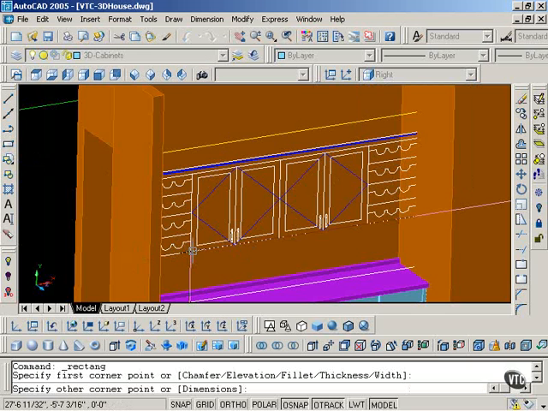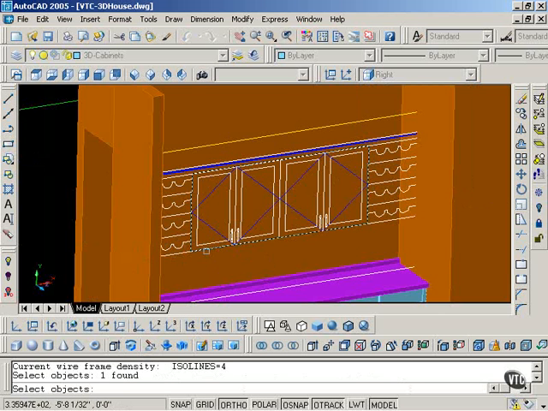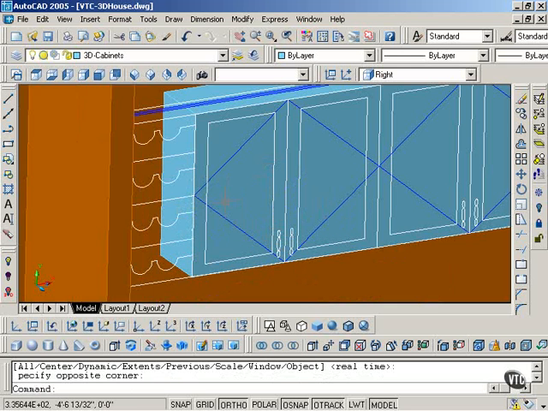Creating a rectangle, and I will extrude this rectangle back 12 inches. Zooming into one of the doors,